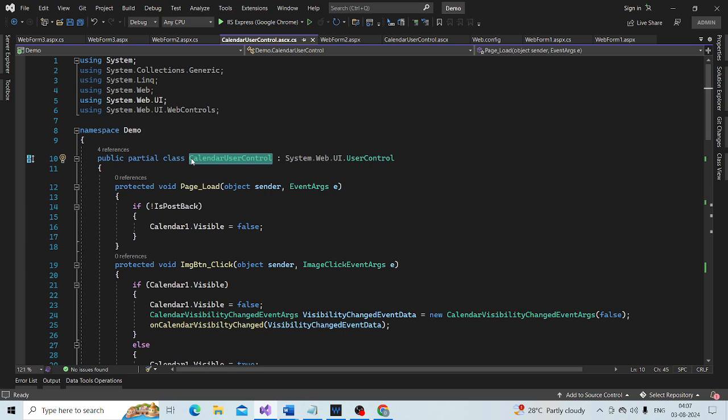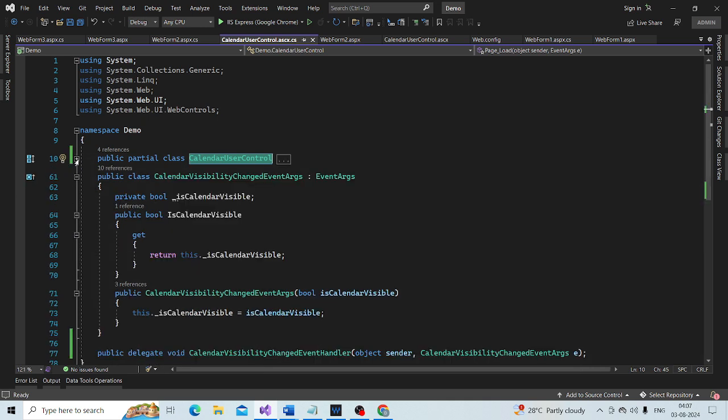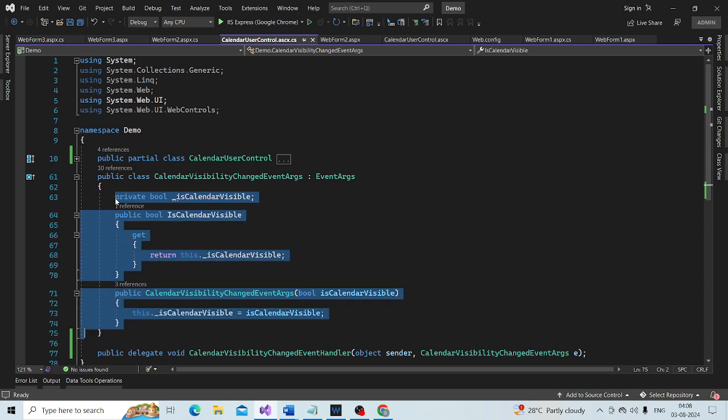And then we have this calendar visibility changed event args class, which is going to contain the event data for the calendar visibility changed event. Okay, so let's go ahead and create a class that is going to contain event data for the date selected event.